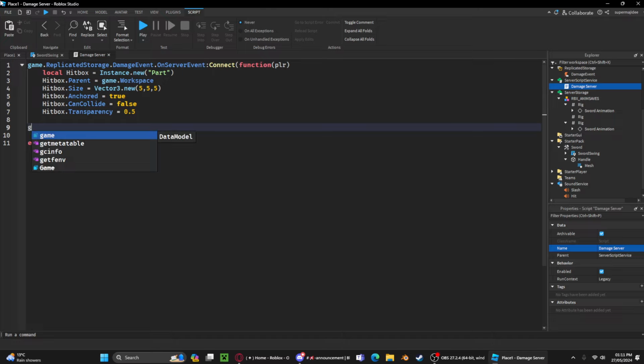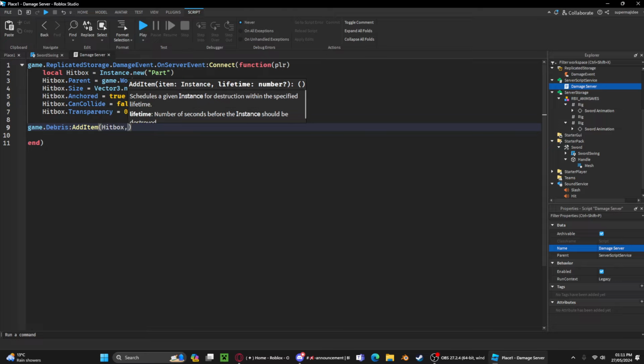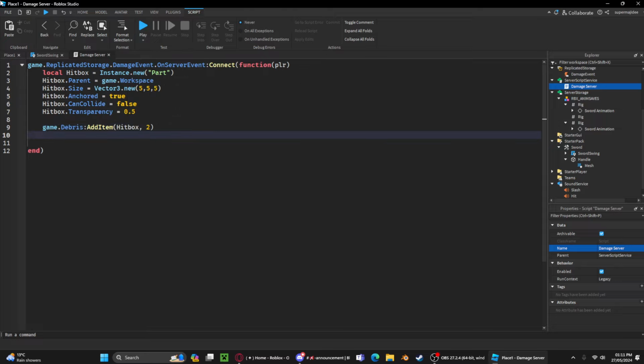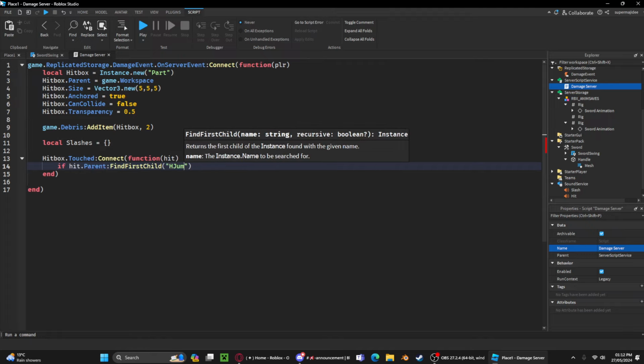And now we can do game.Debris:AddItem, and we can delete the hitbox after 2 seconds. And then we can do a table called hits, or we can do slashes since it's the sword. And then we can do hitbox.Touched, connect a function, with the hit parameter, so if hit.Parent has a child humanoid